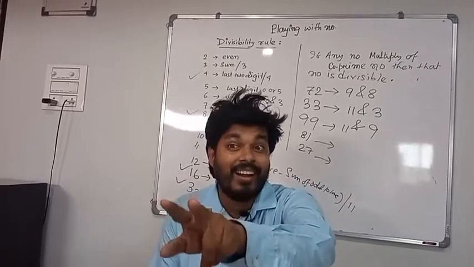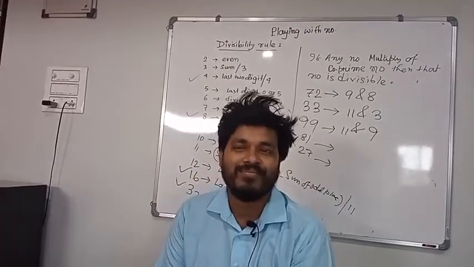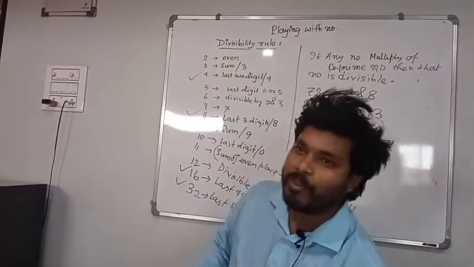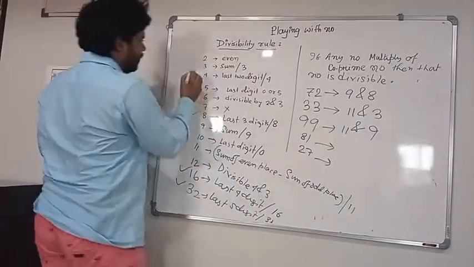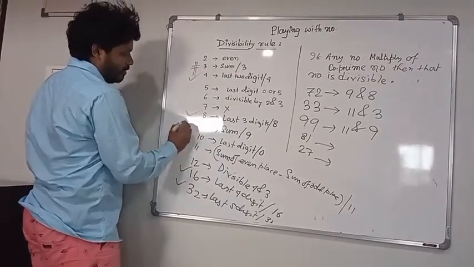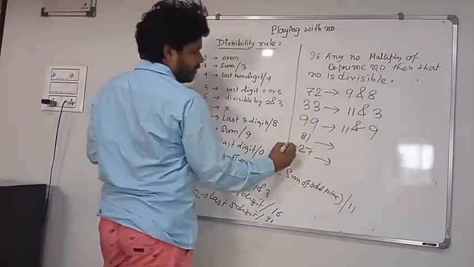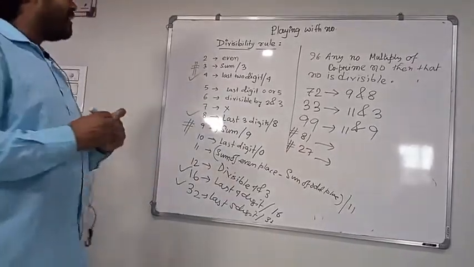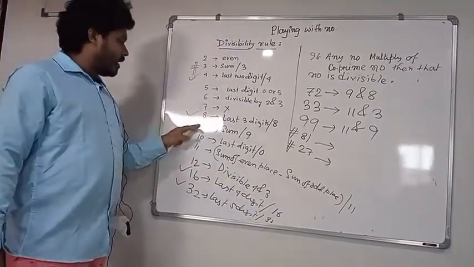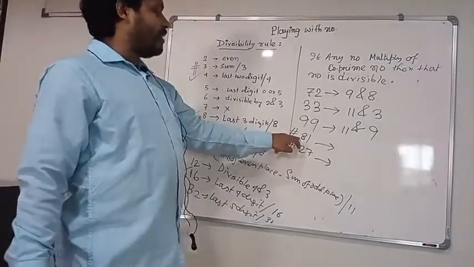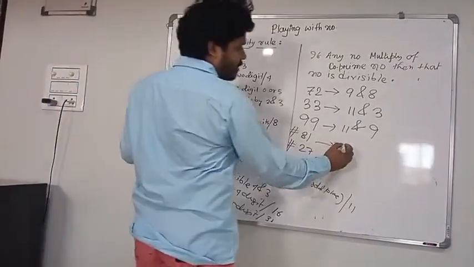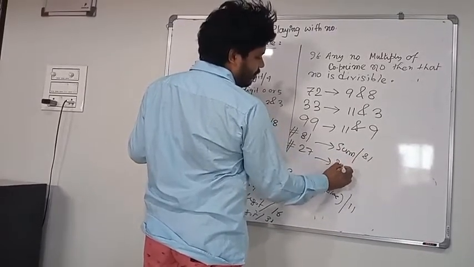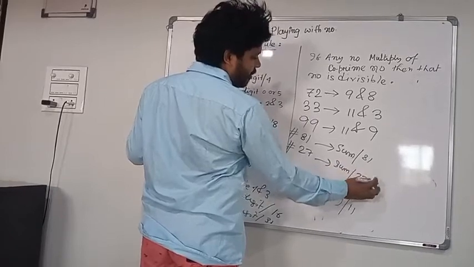3 and 9 are not co-prime. Just look at the board. Here 3, 9, 27, 81. One similarity is that 3 threes are 9, 9 threes are 27, 27 threes are 81. So if the sum is divisible by 81, the number is divisible by 81. If the sum is divisible by 27, the number is divisible by 27.